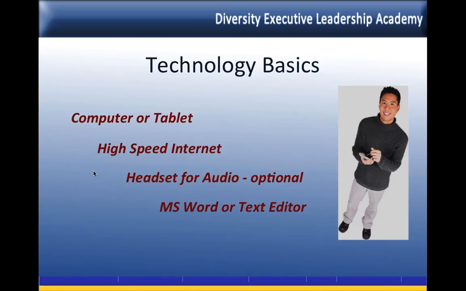You're going to need a computer or a tablet. You can do some of this on a mobile phone, but it's a little bit more difficult. One of the things that I tell participants all the time, if you're going to submit an assignment, write it in Microsoft Word or some Word editor. Save a copy of it and then submit the contents of that, because otherwise, technology being feeble as it is,